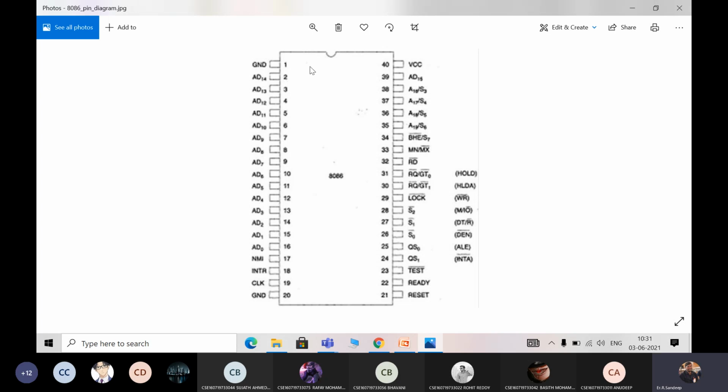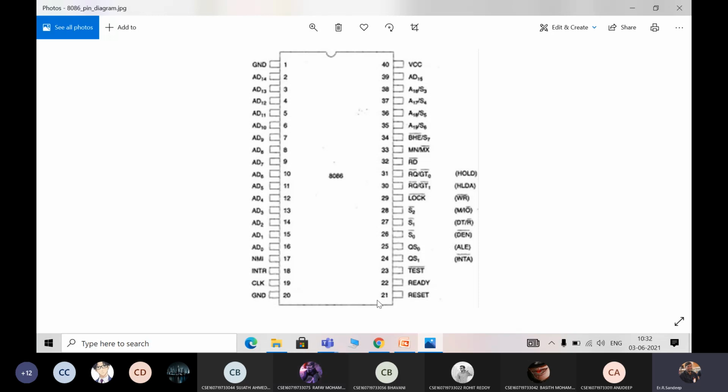So one side it is very easy to remember the pins, but the other side will take some time to remember. One side is completely AD0 to AD14, 2 grounds, NMI, INTR and the clock. So these are 20 pins. It is very easy for you to write the information about these 20 pins also. That is not very difficult. But on this side we need to concentrate, and how we are going to do all of these things, I'll explain in the next class.